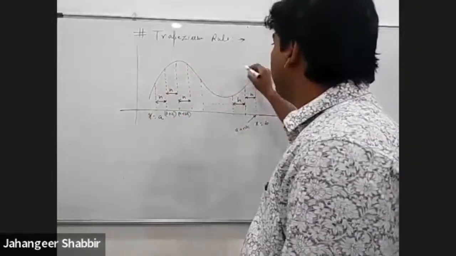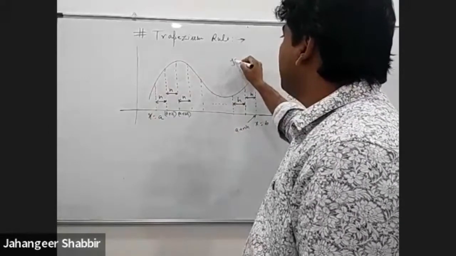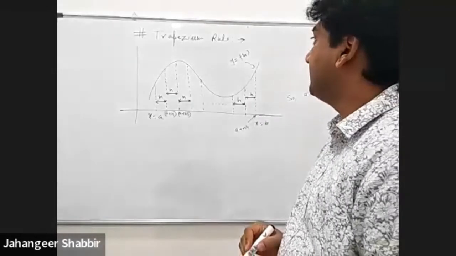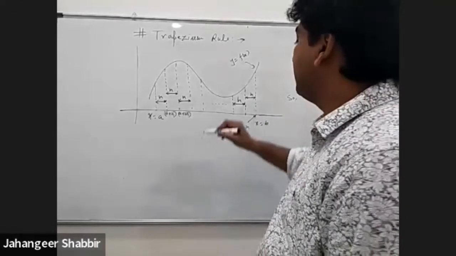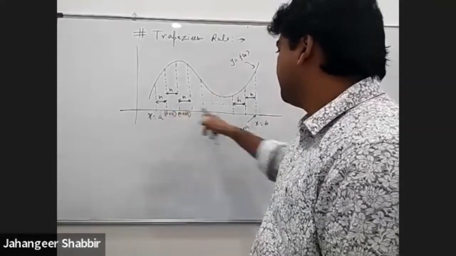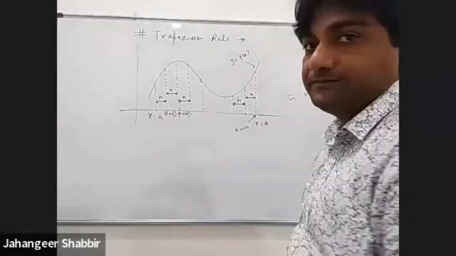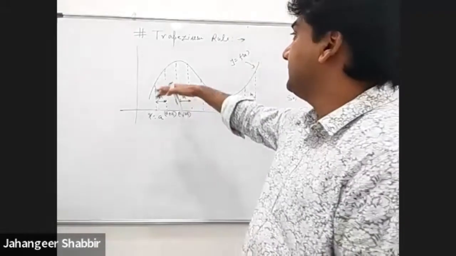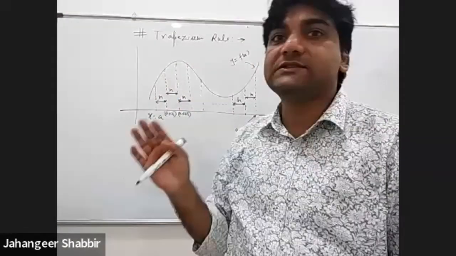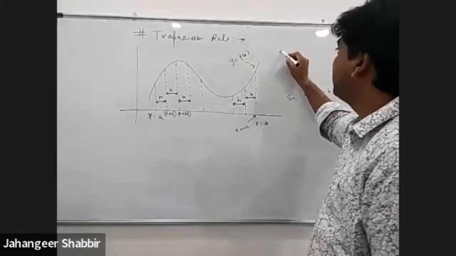Suppose this is your curve, which is y equals f(x), right? And we need to find the area of y equals f(x) with respect to the x-axis from a to b, right? Now we have divided this whole function from a to b in n parts,